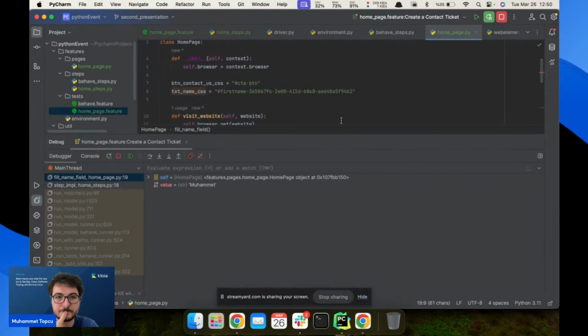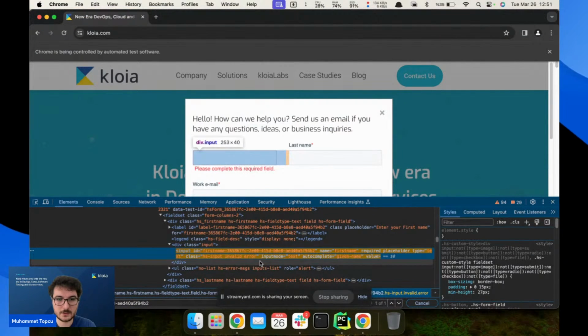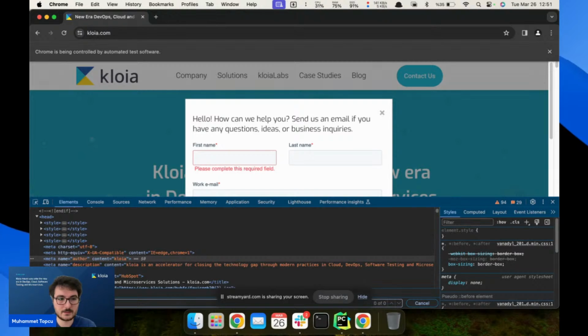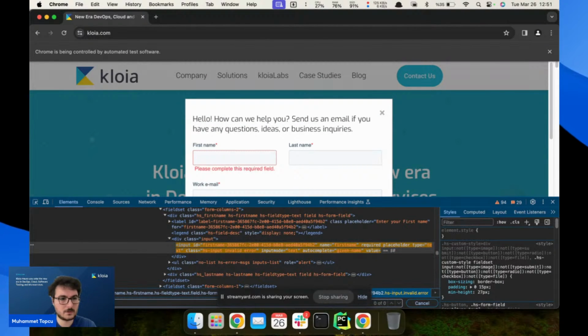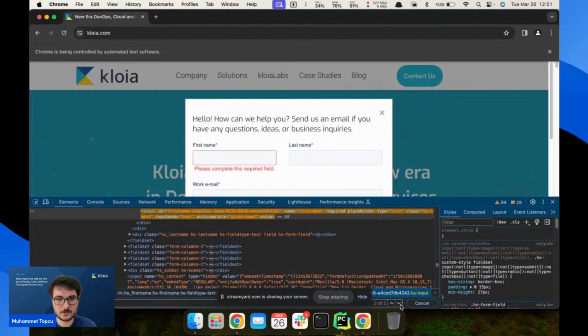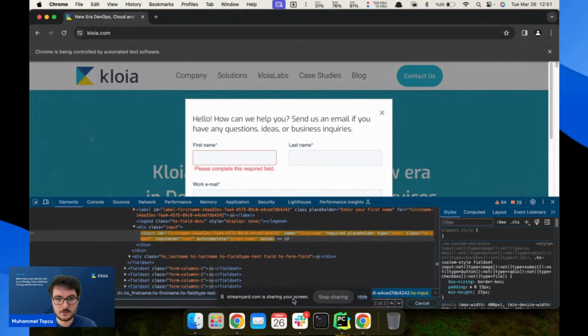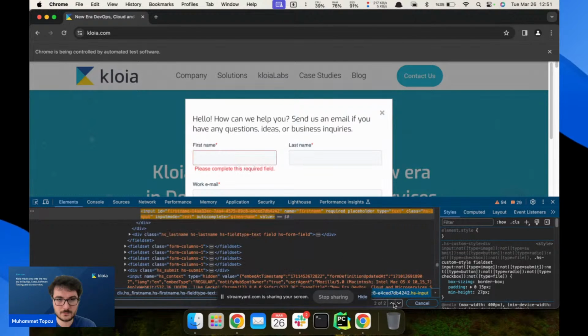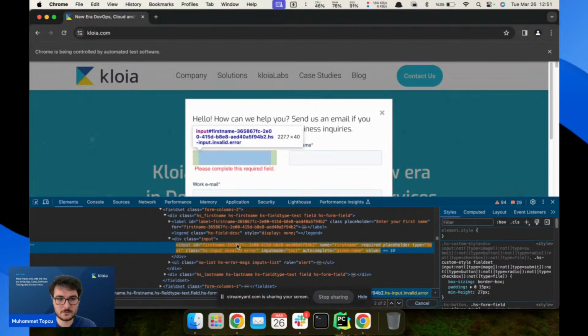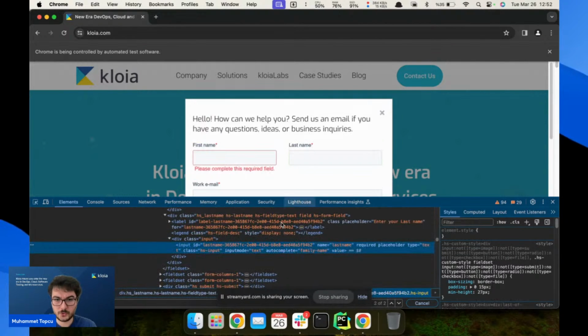Sorry for that. Let's try to find that with a different selector. Let's write the name attribute as, what was it, first name? Yes, first name, and try to write input here. I'm not sure why it does not work, but